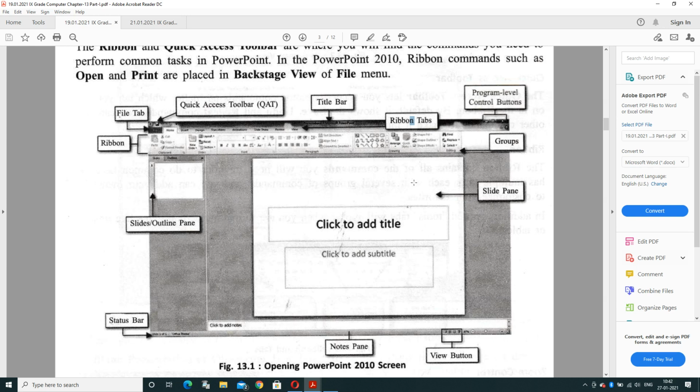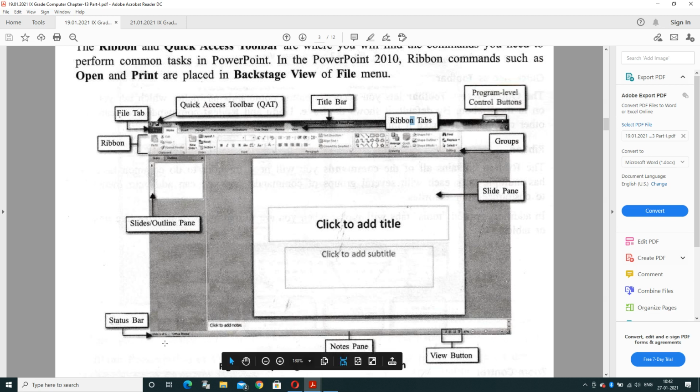And what is known as the slide pane? Slide pane is the slide area that a user uses as a working area, where a user can input values. The slide or outline pane is the view of slides on the left side that shows the outline of the content, but you can't edit there. But in the slide pane we can edit our text according to our requirement.